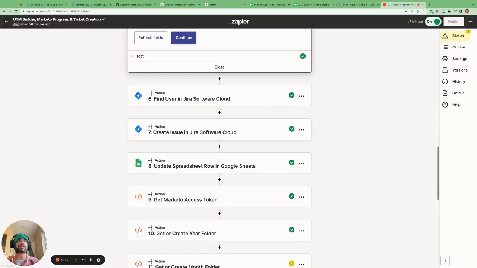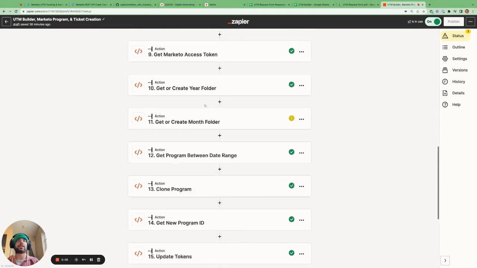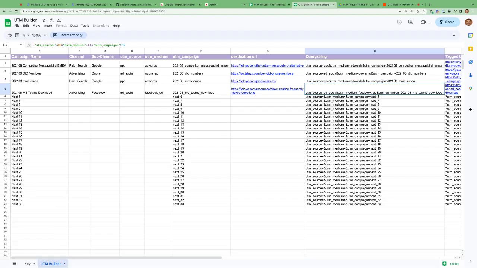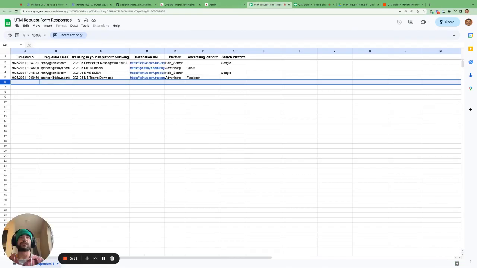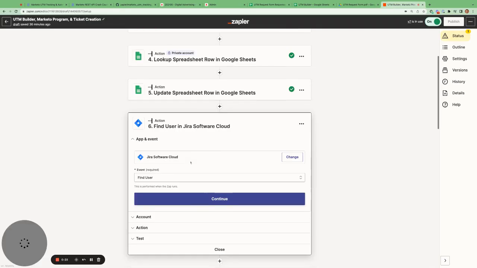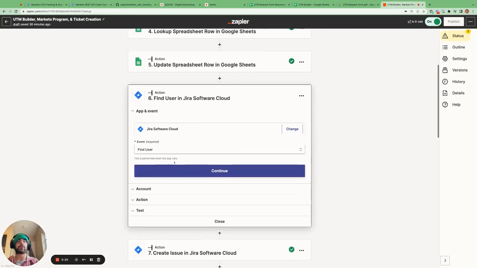And then the next step in this Zap is that we are going to find the Jira information for the person from the paid ad team who submitted the ticket. So in this case, it could be Spencer or Henry who submit the UTM request. So this step finds their Jira information so that we can include them on the Jira ticket that we create